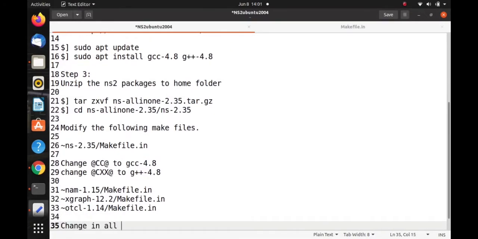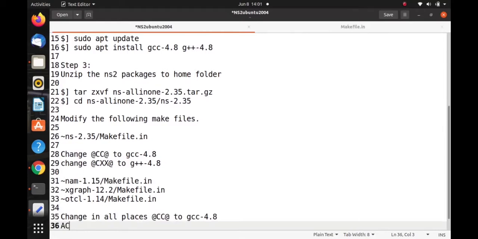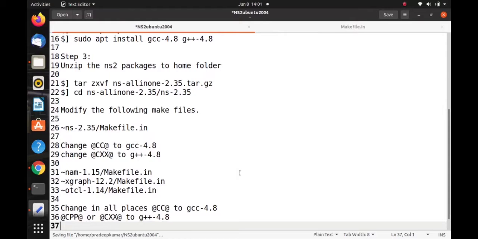Change in all places: at CC at to GCC hyphen 4.8, and at CPP at or at CXX at to G++ hyphen 4.8. So this we have to do.